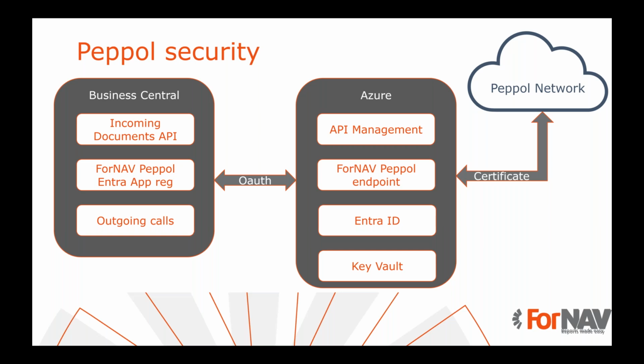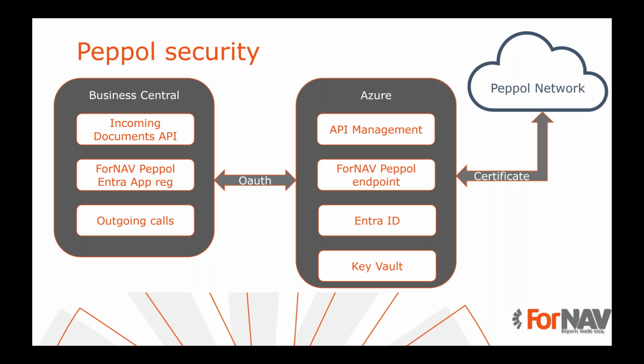So what we have in our Peppol network is three parts that all need to talk together. We have Business Central, which is owned by the clients and contains all the business data. We have Azure, where we host our Peppol endpoints and where we do the validation and all sorts of other things. And then we have the Peppol network, where eventually the invoices need to go and where the incoming documents come from. So there are two parts of the security, Business Central to Azure and Azure to Business Central. That is all secured via OAuth. And we have the communication to the Peppol network, which is secured by certificates.